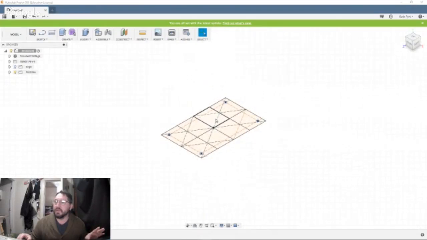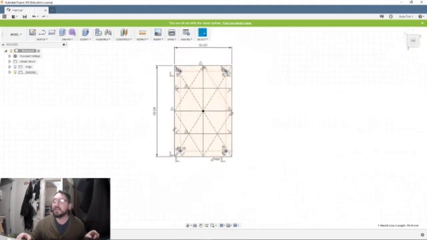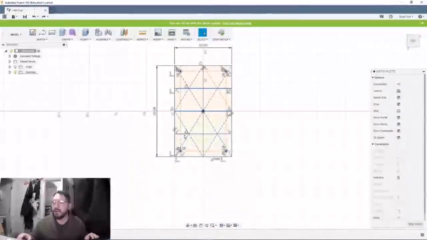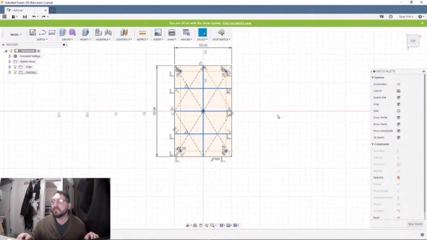So what we're going to do now is, oh, see, these are reference lines where they should be. So let me go back into that view. I totally forgot to make these reference lines. Somebody should have yelled at me. Make that a reference line. I didn't. I will do that now. All right, there we go.